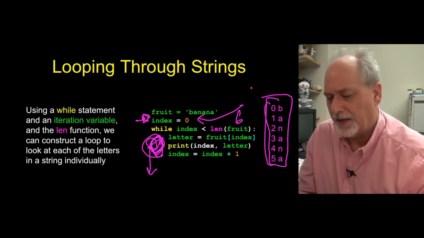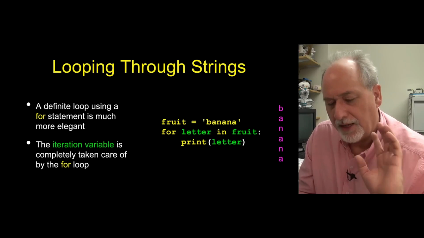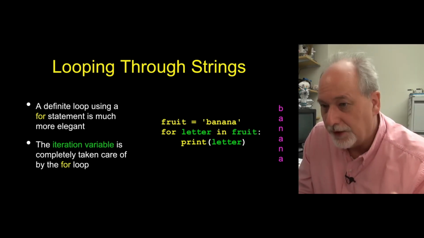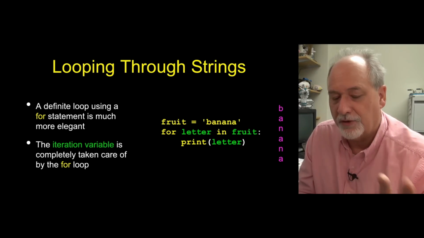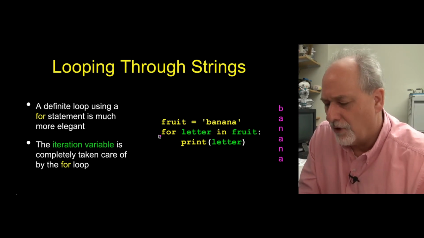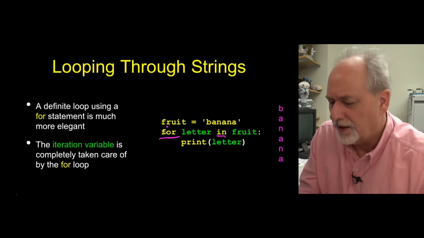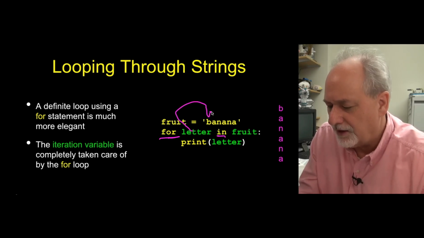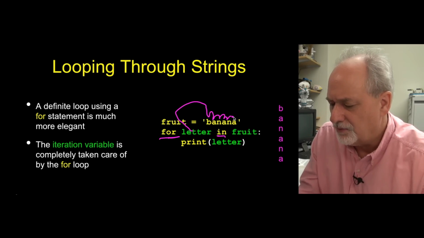and work our way through that loop data. The other way is to use a determinate loop, a for loop. And generally when we are able to use a while loop or a for loop, all else being equal, we generally prefer a for loop. And so here we have the for keyword and fruit, and it's an in. And so for letter in fruit, well, that just says letter is our iteration variable, and it's going to take on the successive values of each of the characters. So this loop is going to run 6 times, and letter is going to be